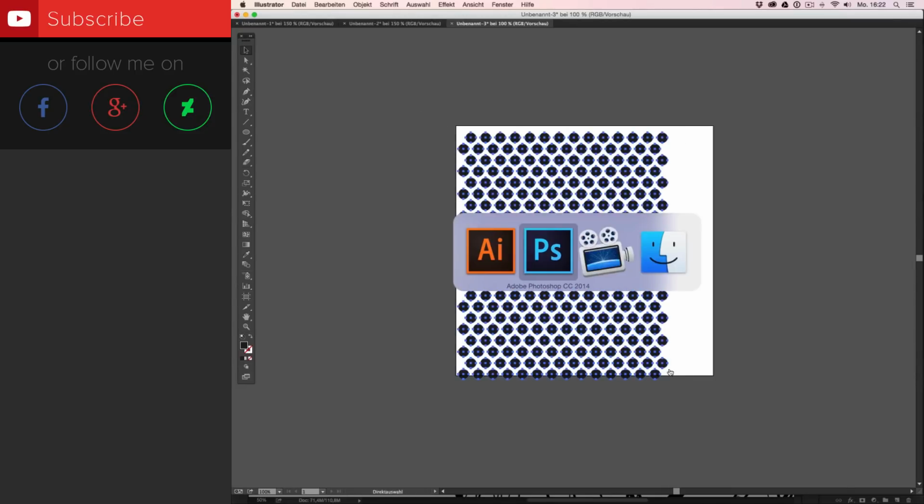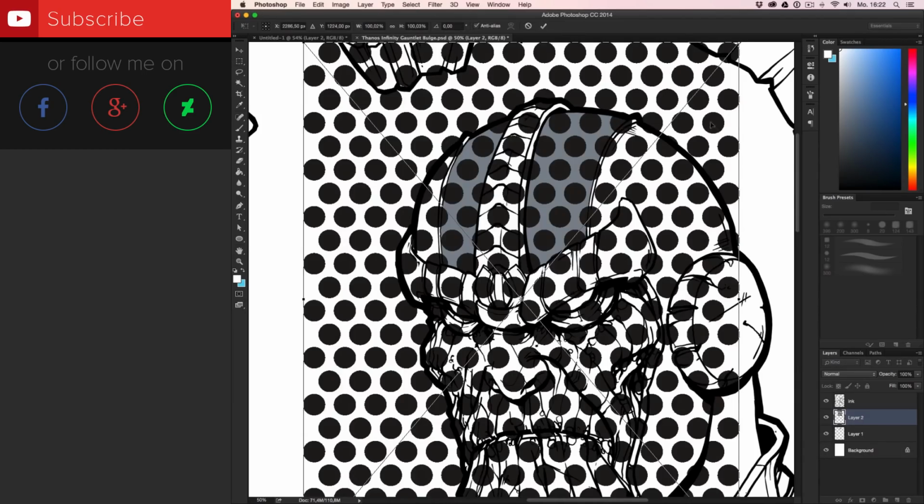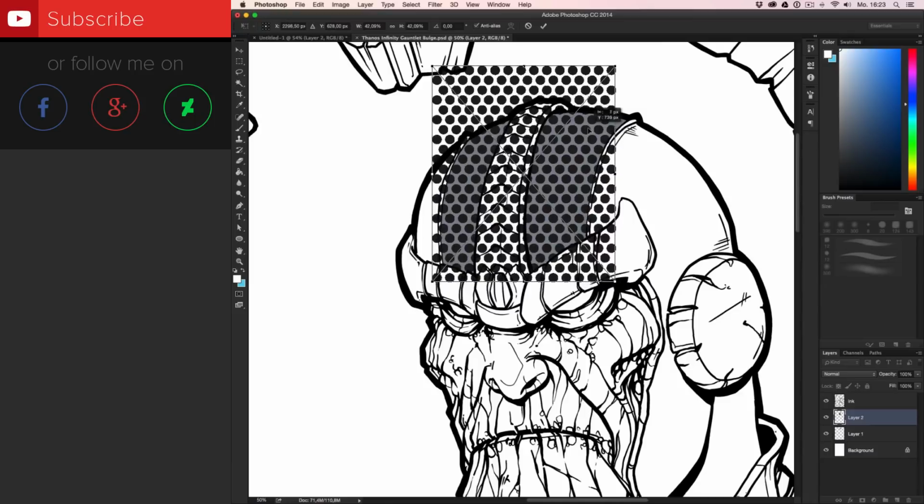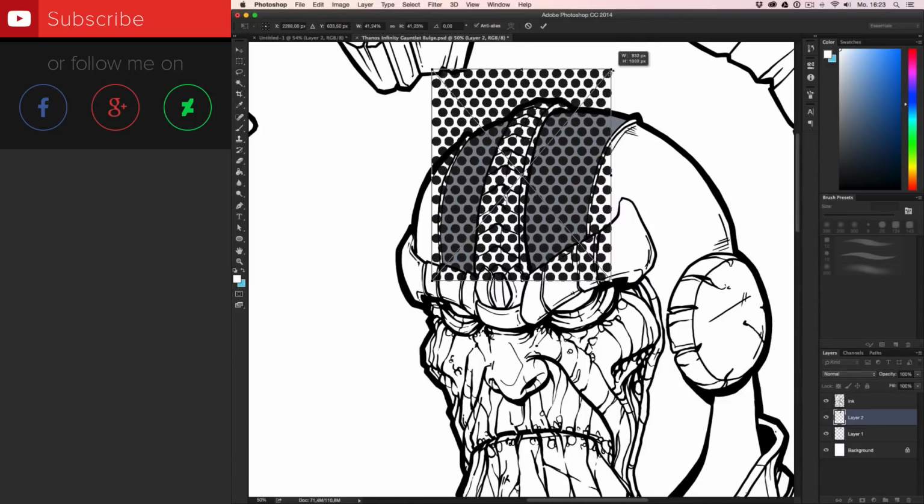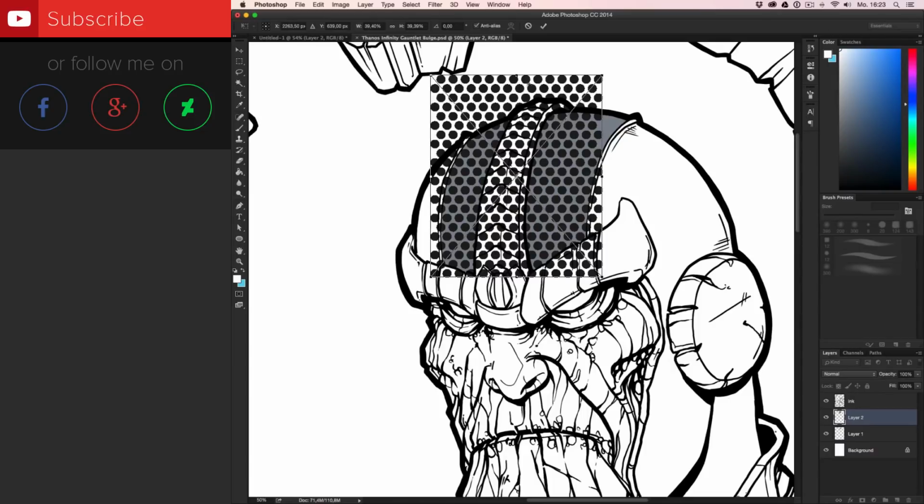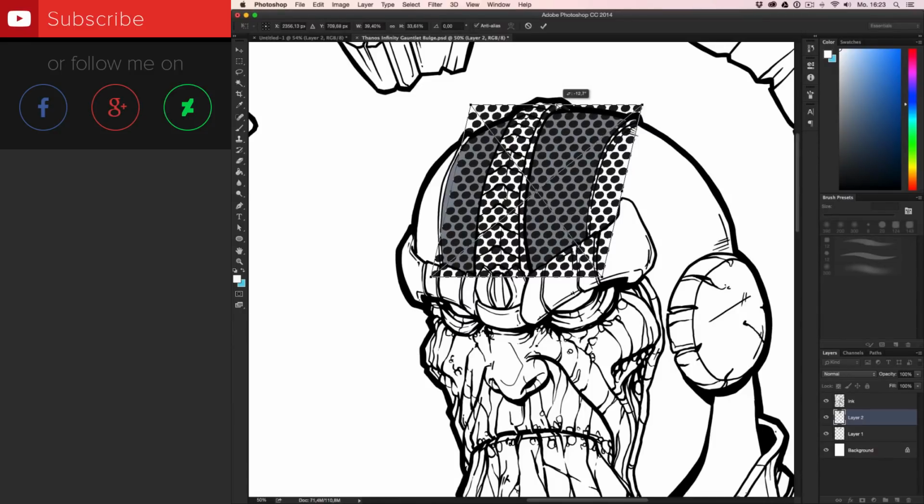I'll select this, go back to Photoshop, paste it in here as pixels, and then scale it down till it almost fits the size of the object. And if you hold down the command key again, then you can tilt your texture, and when you're happy with the result,